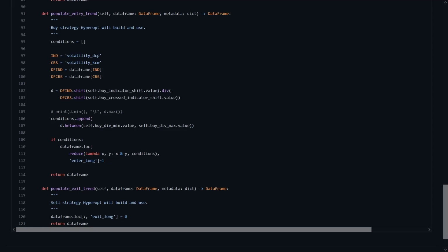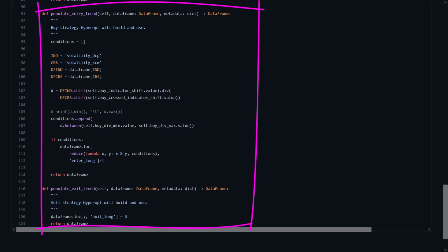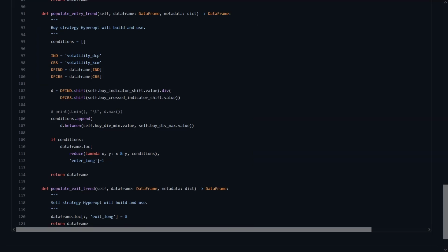So now, what the strategy actually does is written down in this section of the code. Unfortunately, there's no documentation on how this strategy works, so I have to try to reverse engineer the strategy. So if I make mistakes, sorry for that then. Also, these buy parameters are somewhat obscured and difficult to understand, because you have to distill them from the hyperopt